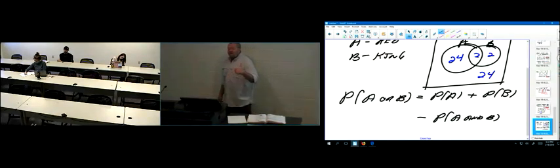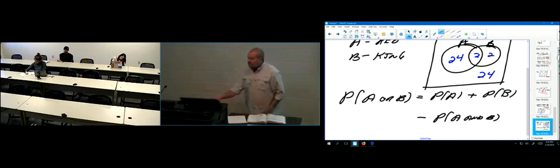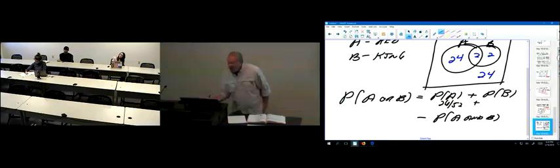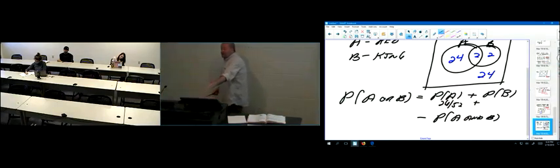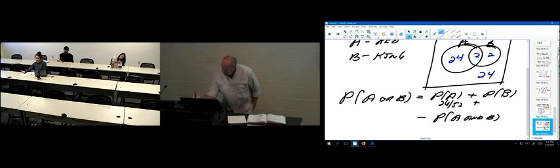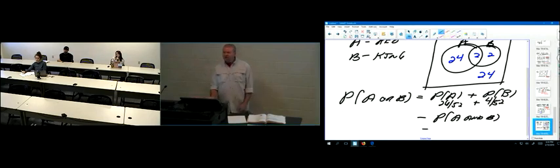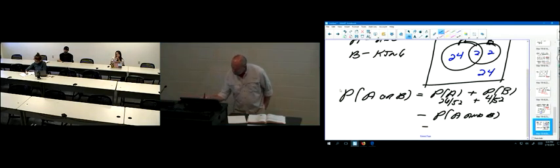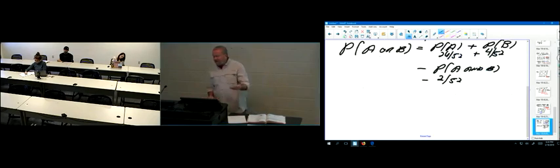What's the probability you get a red card? How many red cards are we looking at? There's 24 plus 2, which is 26 out of 52. How many kings are there? There's the 2 red kings, there's the 2 black kings. And then, how many cards are red kings? Those are the 2 in the center. If I take 26 over 52 plus 4 over 52 minus 2 over 52,